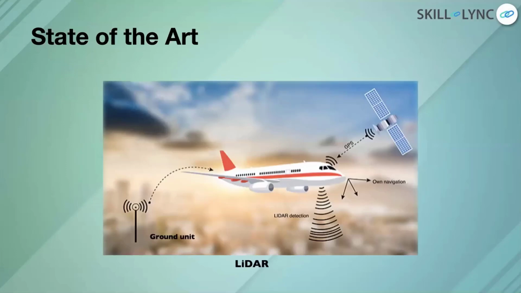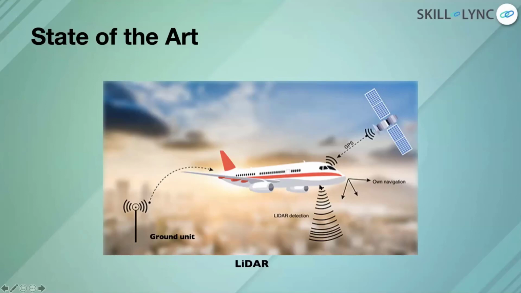So you can see in this photo, you have an aircraft. Now this aircraft could be a plane, it could be a jet, it could be a helicopter, or it could even be a drone. So it sends light. This is the light detection that's going on. It sends the laser beams to hit different parts of the ground, that's buildings or trees or the ground itself, and then it comes back to the receiver. And once it collects the data, that can be used to develop photos of these areas or 3D reconstruction of the areas.